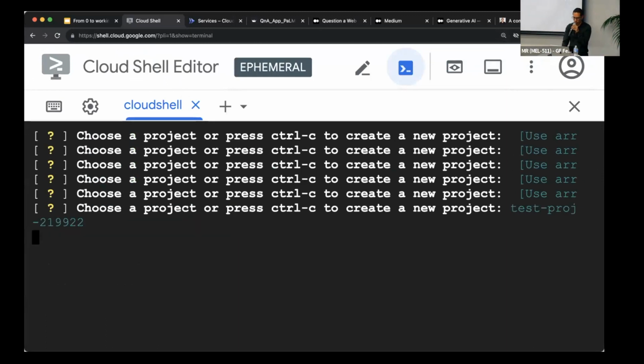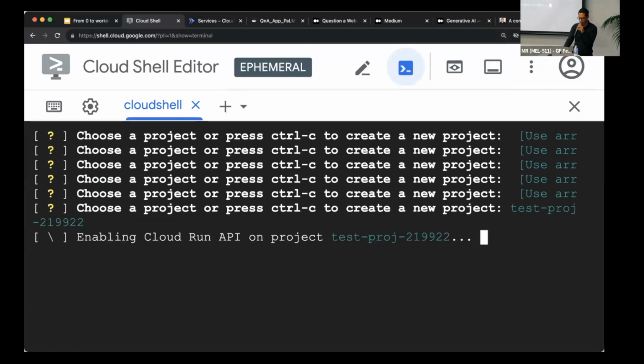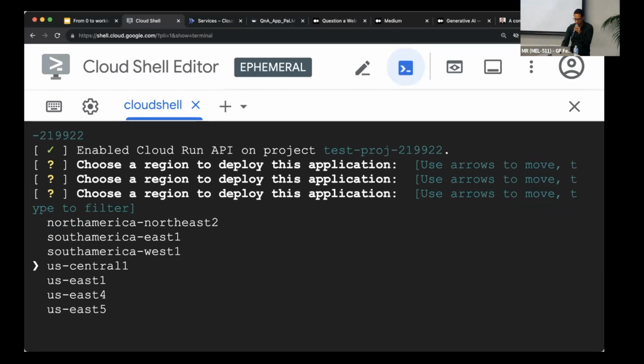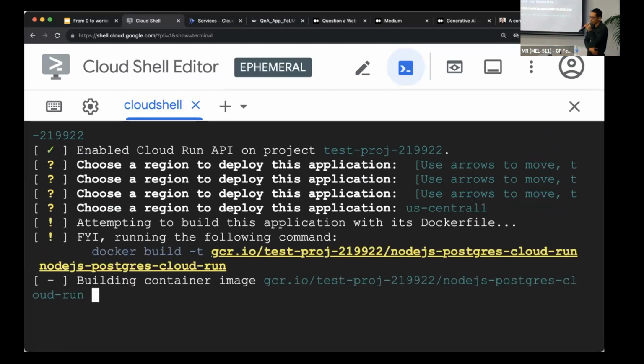This is my favorite one. It's trying to turn on the Cloud Run API, which should already be on for that project. Yeah, US Central, the default one. Why not? It's just asking me to pick the region.